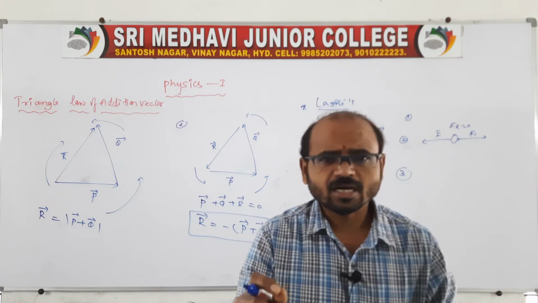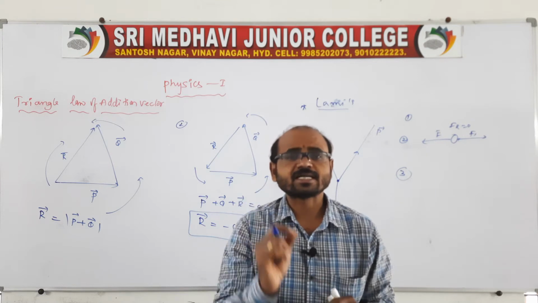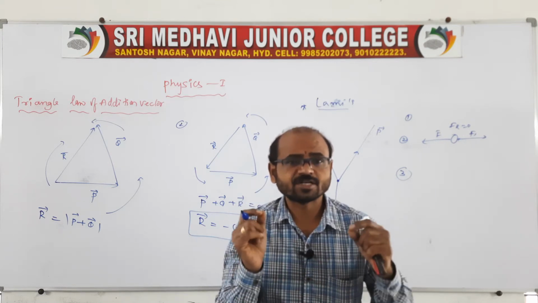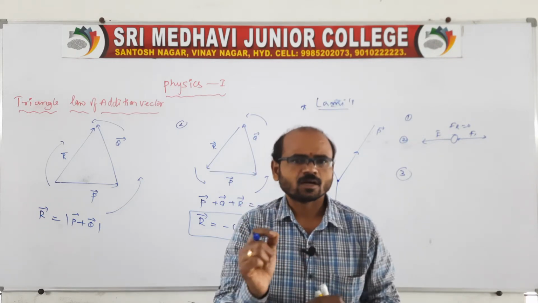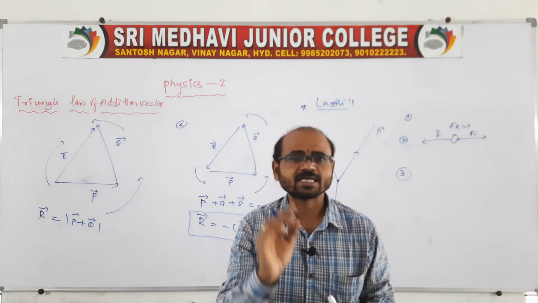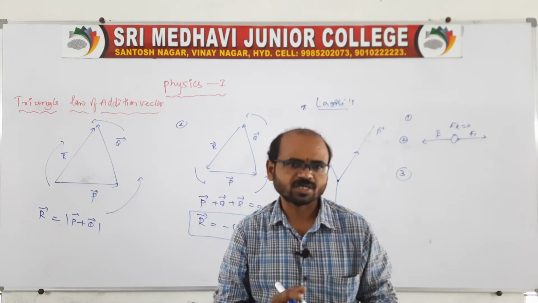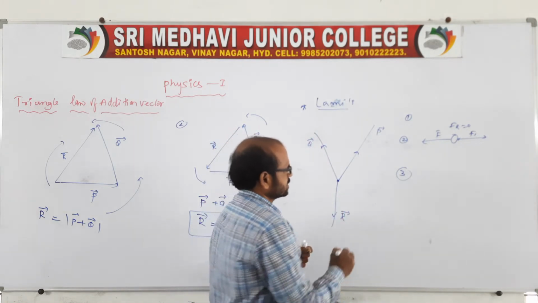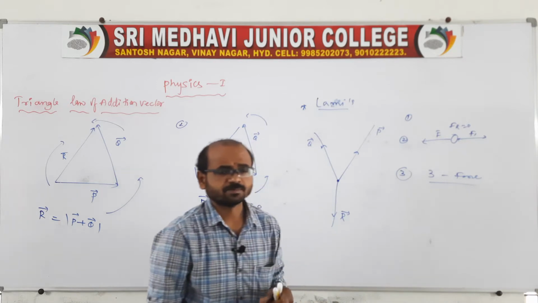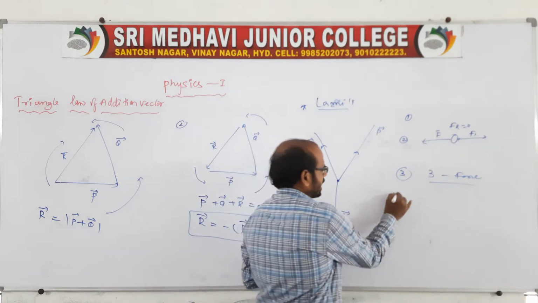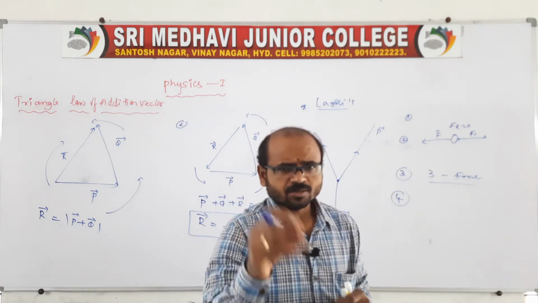We can also say three unbalanced forces, which keep the particle in equilibrium, must be in the same plane; we can say coplanar forces. Three coplanar unbalanced forces acting on the particle keep it in equilibrium. That's what we call the equilibrium of particles. This also comes in the laws of motion, where we will discuss the same things again. This is the third point. So three forces are required to keep the particle in equilibrium, and they must be in the same plane and unbalanced.